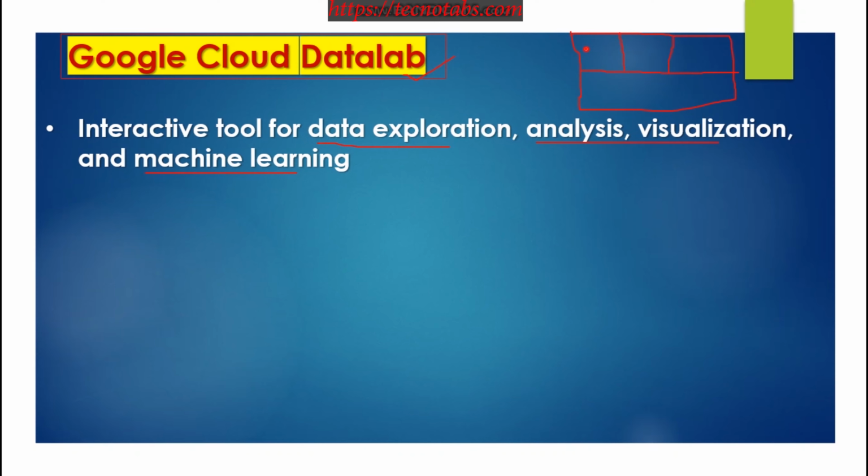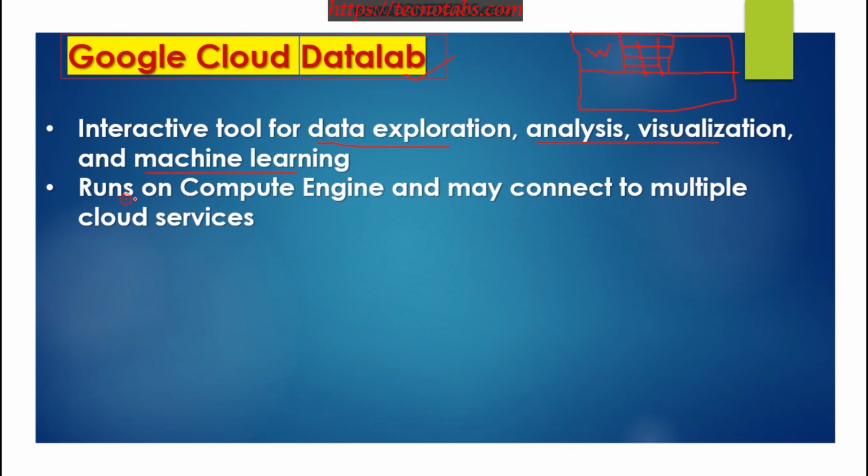It will be having different kinds of graphs, or data in the form of a table or matrices. You can see different kinds of data in the Datalab, and it runs on a cloud engine and may connect to multiple cloud services. A dedicated compute engine is assigned to this Datalab, which will have its own VM, and it may connect to multiple cloud services, maybe database services or machine learning services. If you want to integrate it, you can directly integrate, and the matrix will be directly visible on this Datalab